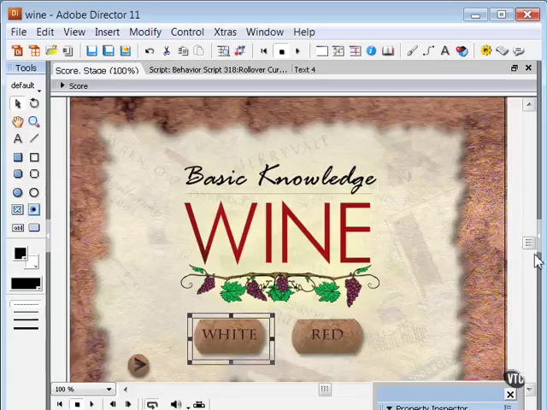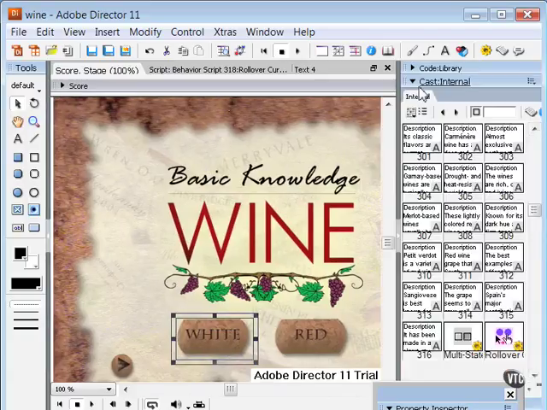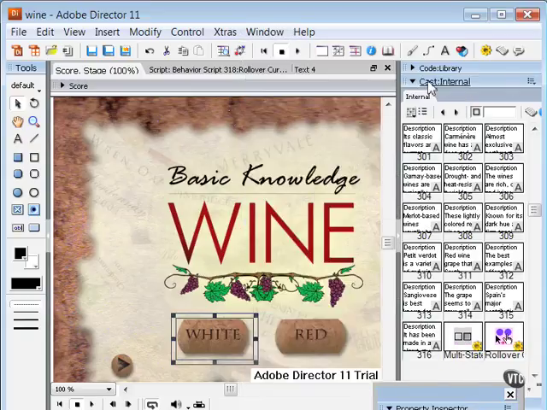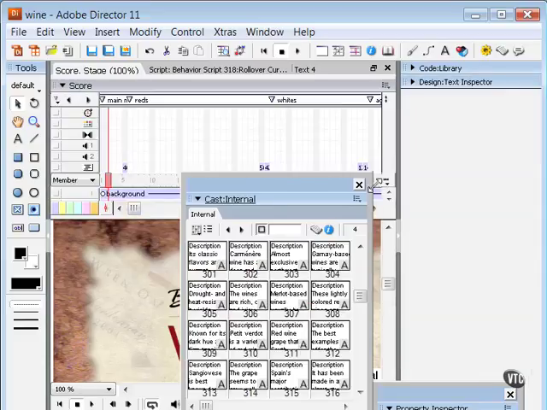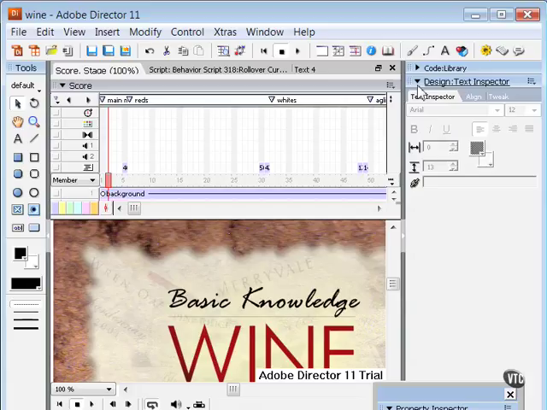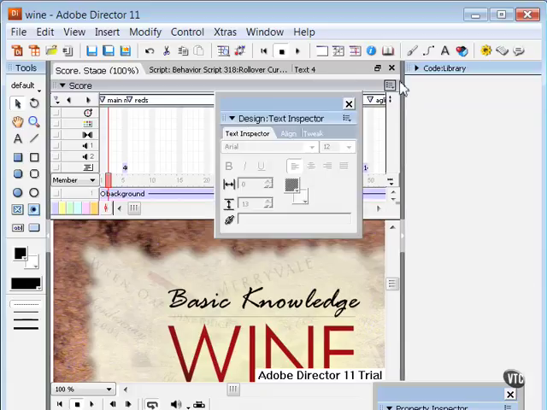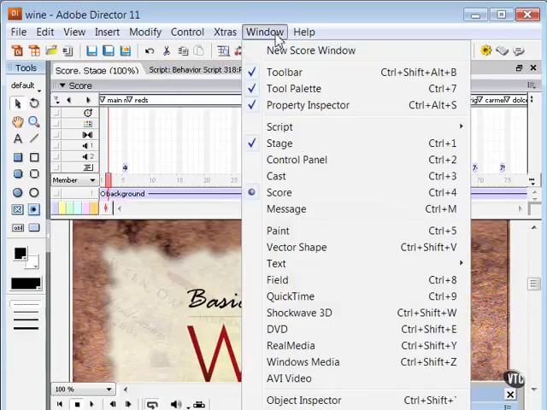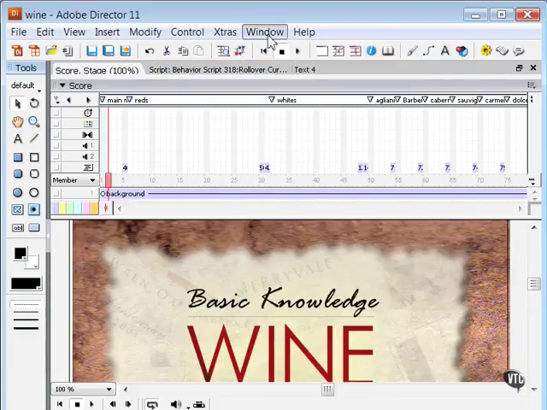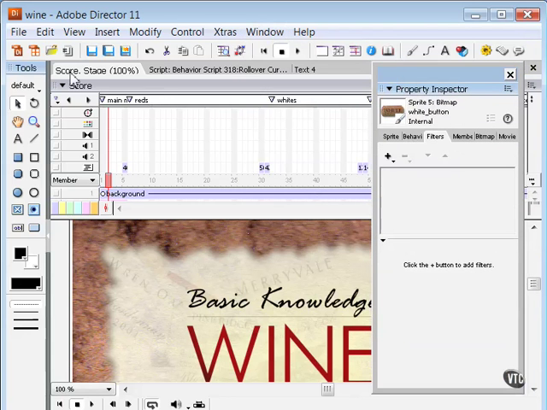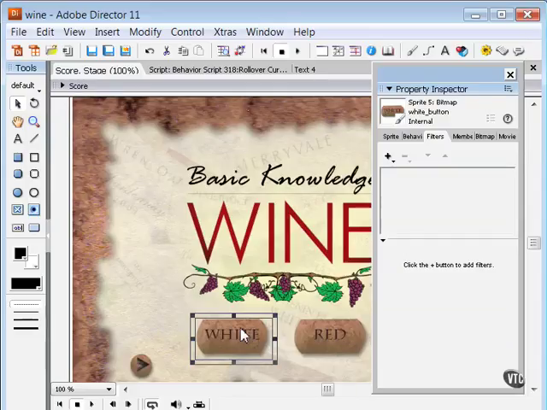So let's click on that bitmap there on the stage, and then let's bring up my property inspector. Let's detach my cast window and close that. And take out the code library as well. And let's bring up the property inspector. Property inspector is hiding down here, but if we bring that open and click on the bitmap, there is a filters tab here as soon as you click on the bitmap, and you